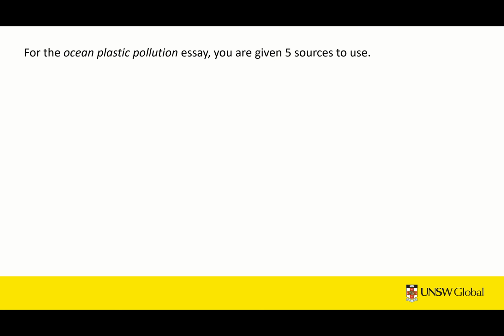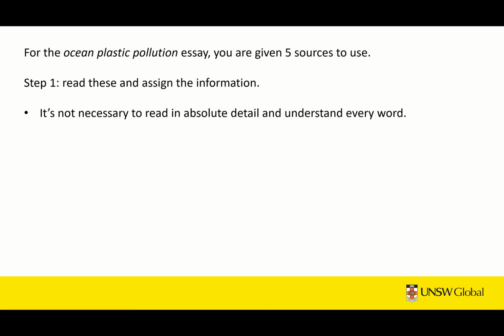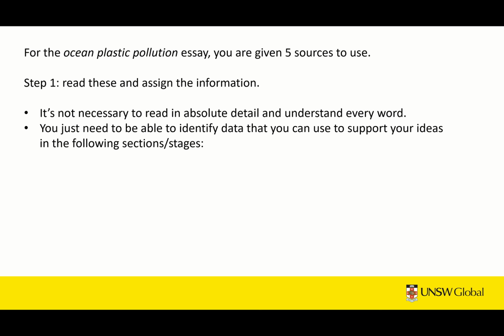For the ocean plastic pollution essay, you are given 5 sources to use. So step 1, read these and assign the information. Where in the essay do you think you could use the information? That doesn't mean you have to use it, but just think about where it could go. It's not necessary to read in absolute detail or understand every word. You just need to be able to identify data that you can use to support your ideas in the following